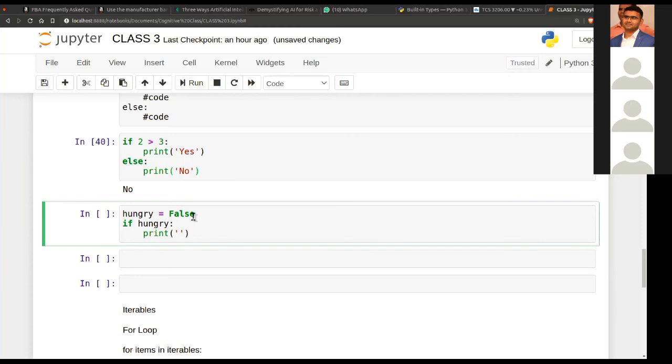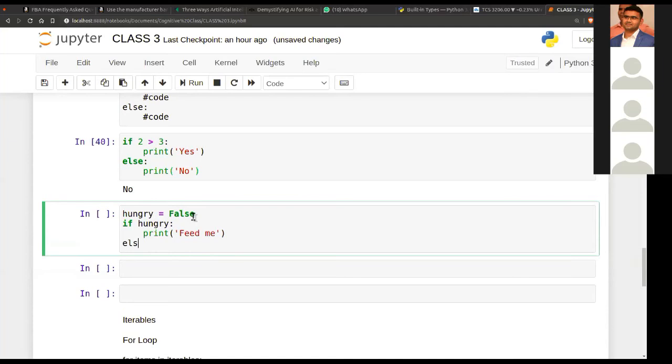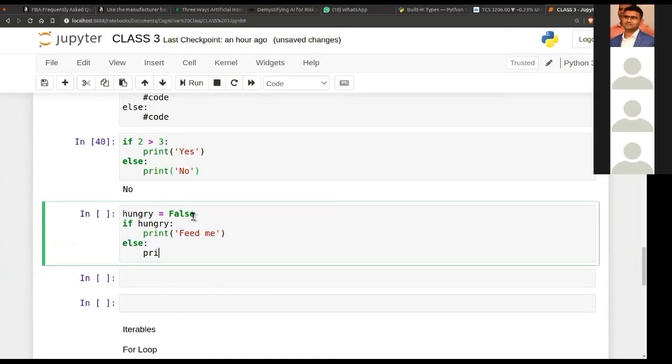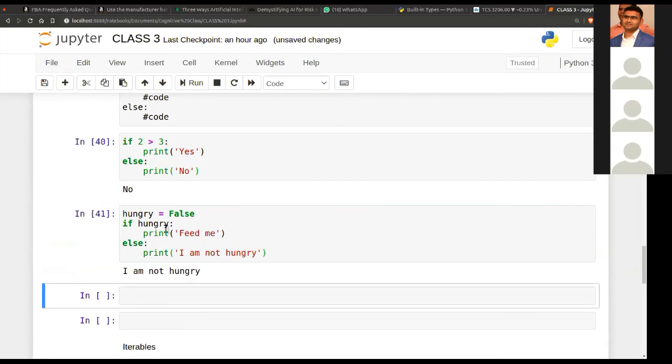Else, print: I am not hungry. So what do we expect? I'm not hungry, because hungry is set as false.